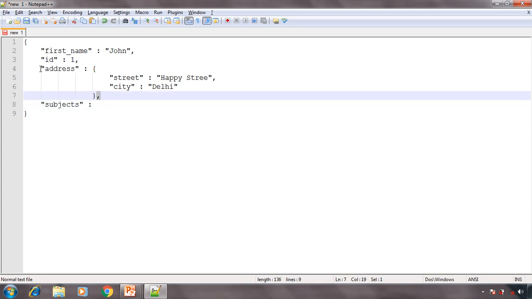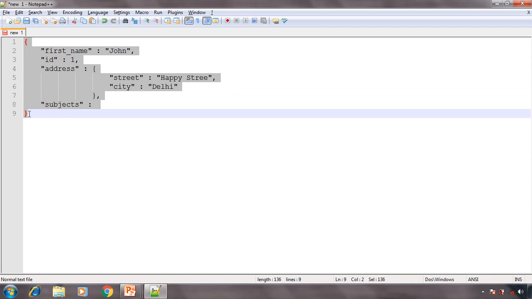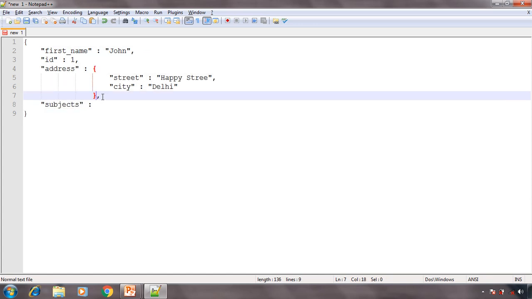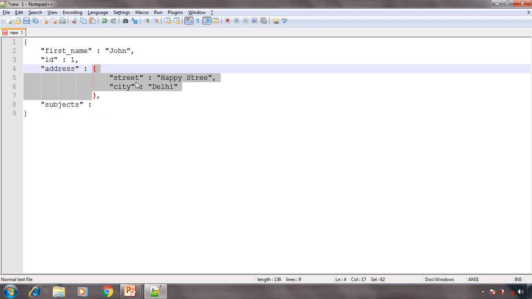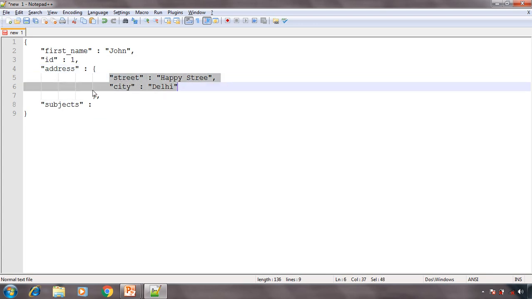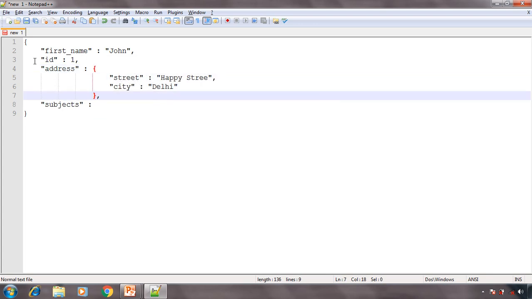Why? Because this key value pair ended over here and we have another key value pair inside this object. So we need to have a comma at the end because this object ended over here. Okay, this was the inner object. So that ended over here, but the outer object is going on, and this is the key address, this complete value, and you need to separate it by comma because now here you have another key value pair.